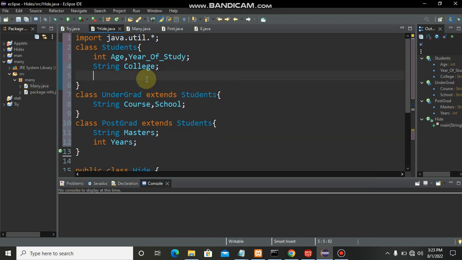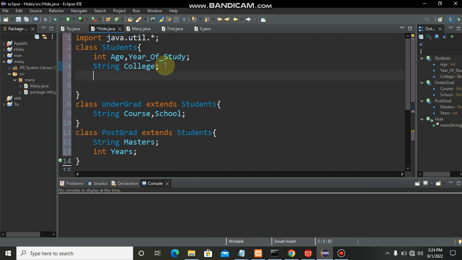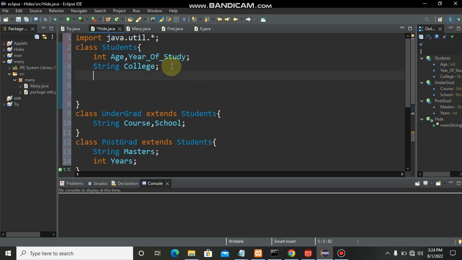So we have these three classes. There are two subclasses that are extending a superclass. So I can have a constructor, and I'm assuming that constructor is the one I'm going to use to enter those. So I will have a constructor for my superclass, and I hope you guys know that constructors have